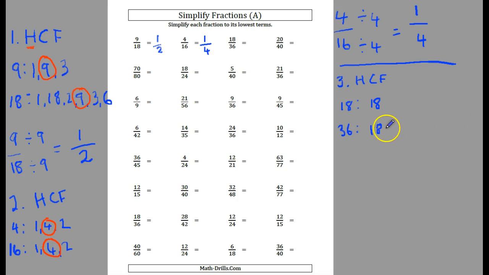Okay, I might have to do some more because let's say if we had the number 45 here, 18 doesn't go into 45. So I'd have to find something else. But in this case, it does. So just like I've done before, I'm going to circle them even though there's only 2 factors there. Okay, you can list all the factors. Obviously, there's more than just the number 18. But the reason I did that is because you should first check whether the numerator goes into the denominator, and it does. Okay, so my fraction, 18 over 36,